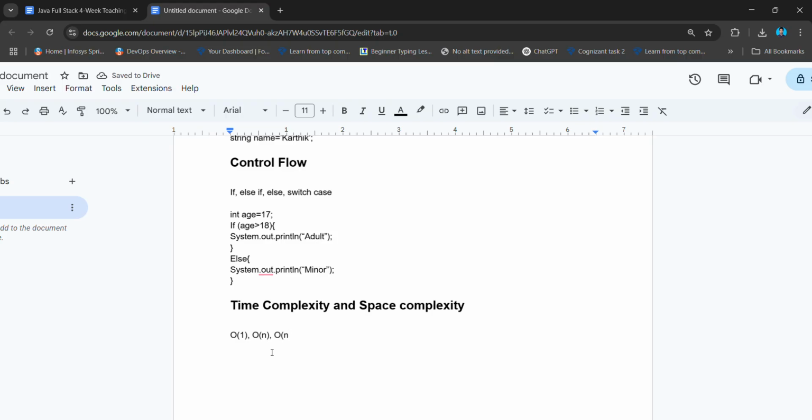Where is it? Yeah, n power 2. Okay, so order of 1 means constant time, which means accessing an array element. So whenever we have an array of elements like 1, 2, 3, 4, 5, to access a single element out of this array, we have a time complexity of